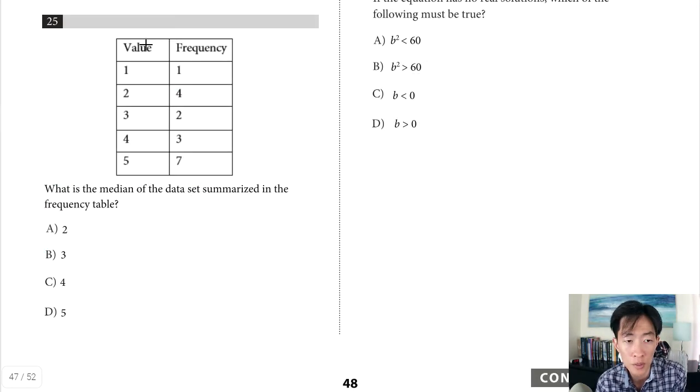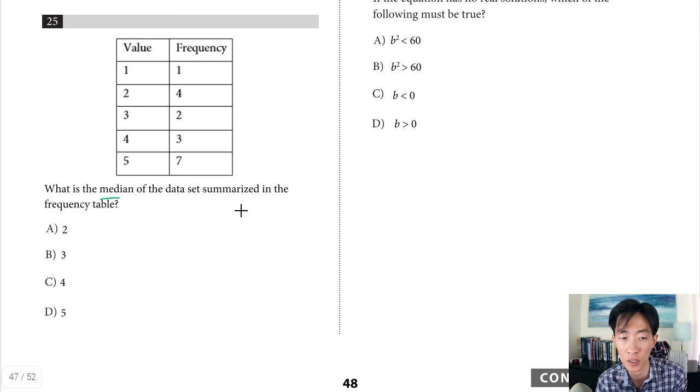Question 25, we have a table. It says, what is the median of the data set summarized in the frequency table? So a frequency table basically just tells you how many times each of these values occurs in the set. So if they want to know the median, we have to list it in order and then